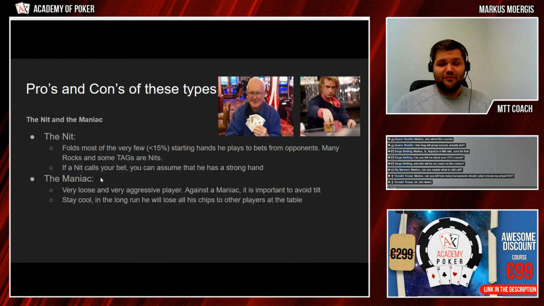So he's very loose, very aggressive, and against the maniac, you should really try to avoid tilt because sometimes they're just gonna barrel through you and you have to stay calm because they might get there with 9-5 on the river versus your aces or whatever. Happened to me in live tournaments as well. I had one guy, he busted me in 2 tournaments where he rivered me for a huge pot with 4-5 offsuit